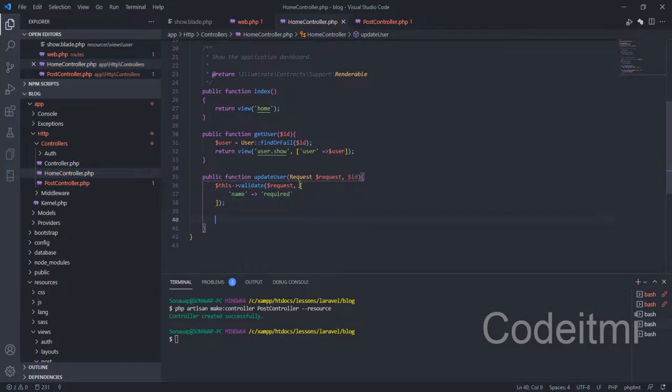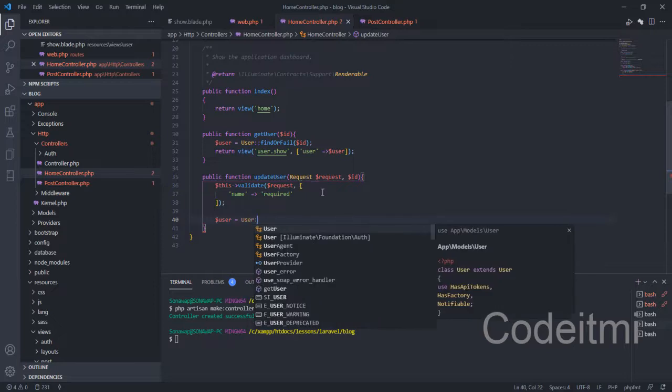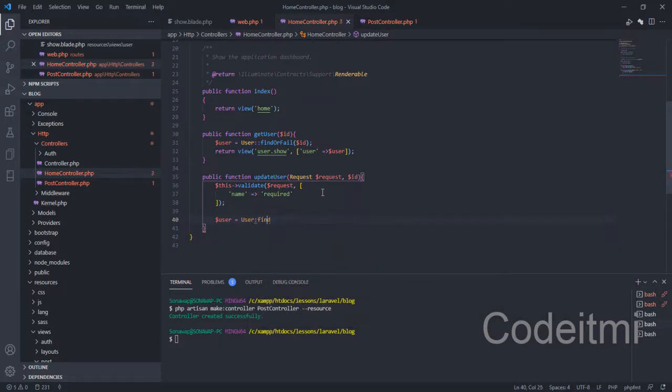And right here we want to say $user equals User::find, we also want to find or fail. So right here we want to say